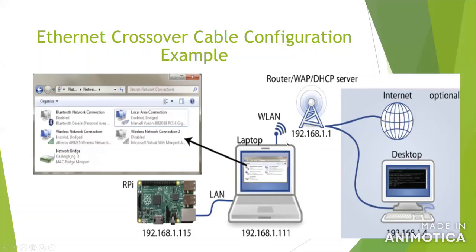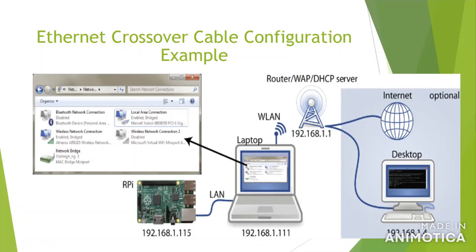figure showing you how you can connect the Raspberry Pi to a laptop using an Ethernet crossover cable. Most of the time, actually, we don't need this because our laptop has Wi-Fi. The Raspberry Pi has Wi-Fi, so you don't really need a physical cable to connect these two. You just use the Wi-Fi because both of these two connect to the router through the Wi-Fi. Okay, so they can communicate